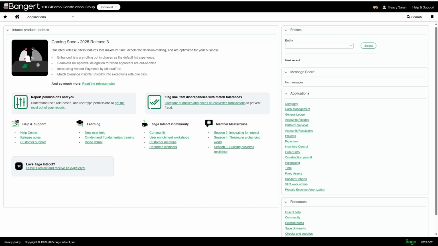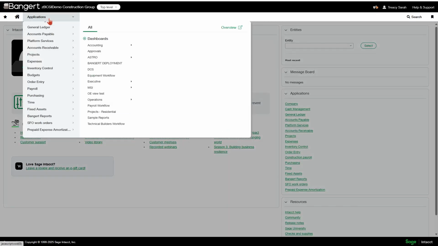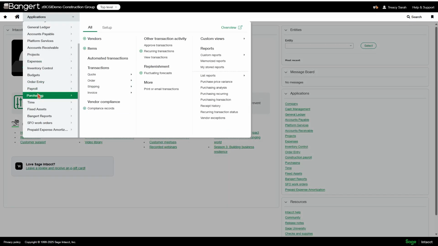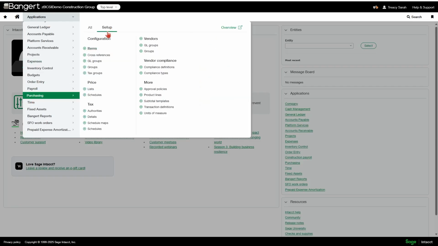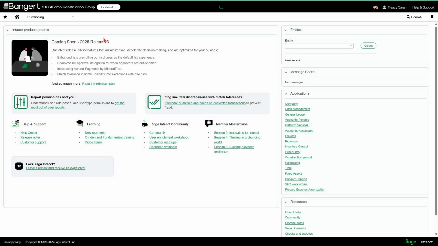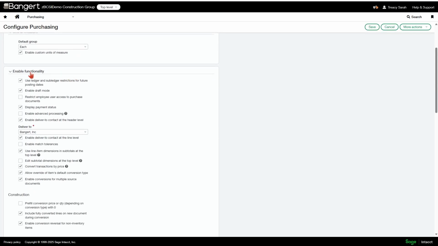For R3 2025, there's a new way to combine multiple documents into a single transaction. So this was previously available through the purchasing module through doing process transactions. But in order to do it this new way, you'll go to Setup, Configuration, and down here in Enable Functionality,